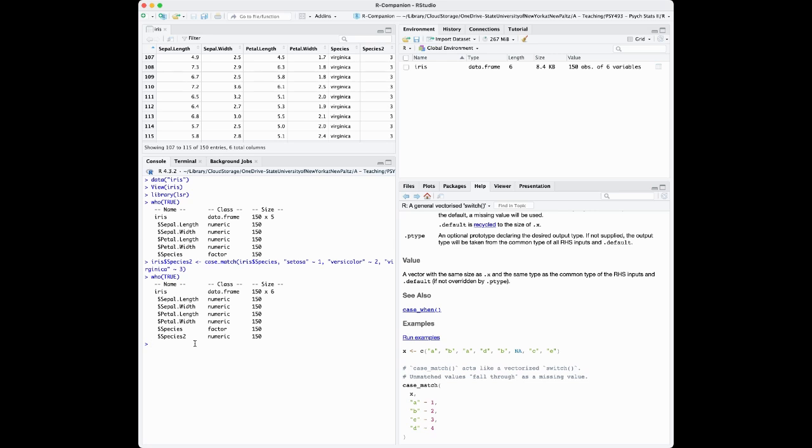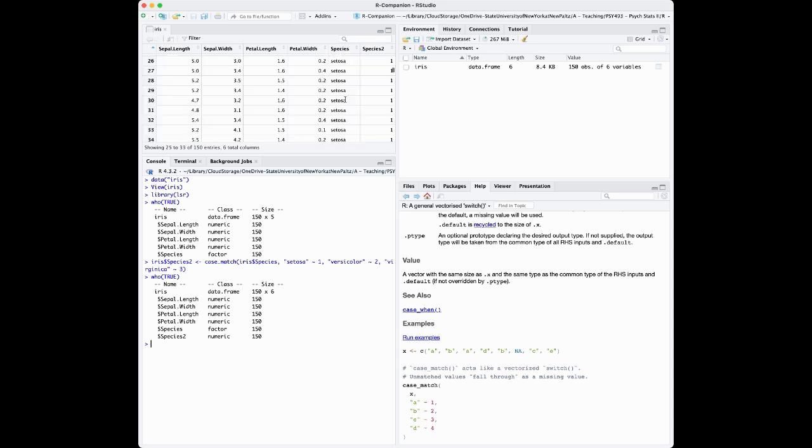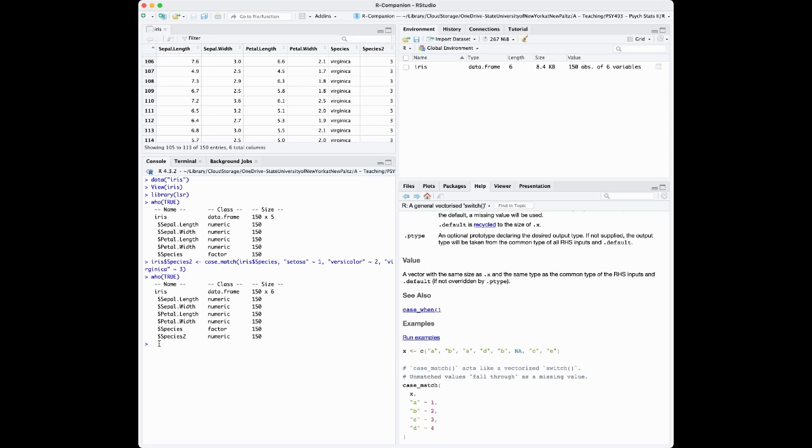But we can also use this to turn numeric data into a different version of the numeric data. So let's say that for some reason we wanted to merge together the versicolor and the virginica categories, so that we're going to create a new numeric variable with only 2 codes. Maybe a dummy code where setosa becomes 0 and versicolor and virginica both become 1. And this can be helpful if you have a category that doesn't have a lot of data, but it's similar enough to another category that you want to merge it together. So in this case, I'm going to